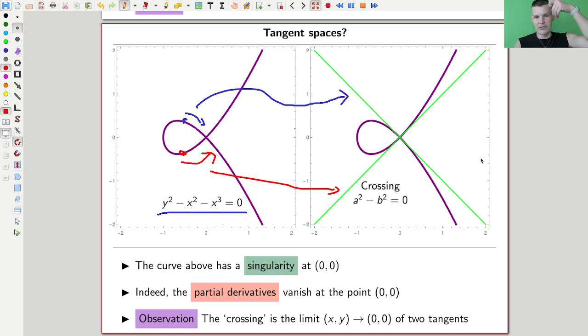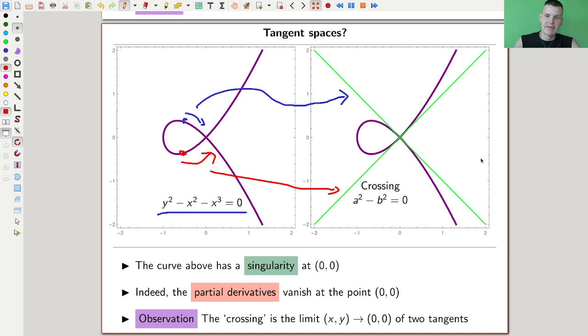So if you move in from the top, you get the tangent that looks like this, and if you move in from the bottom, you get the tangent that goes in the other way. And yeah, this is a bit of a tricky thing. So there's not a well-defined tangent at that space, and indeed the partial derivatives vanish, which is a bad thing that happens here